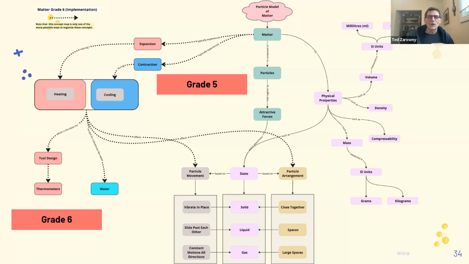So to get a sense of where we're going, to sum up what Chris has mentioned so far, we begin at the top. We can read that particles of matter, the theory or the model, holds that matter is composed of particles going down, and those particles are held together by attractive forces. And the strength of those attractive forces determines the state of that matter, which can be a solid, liquid, or gas.